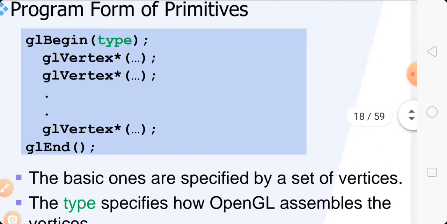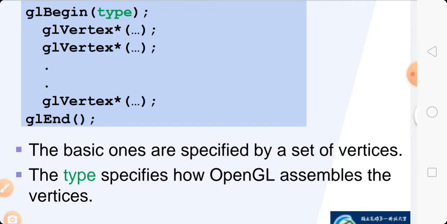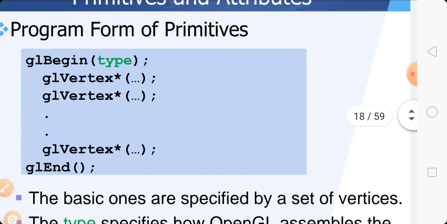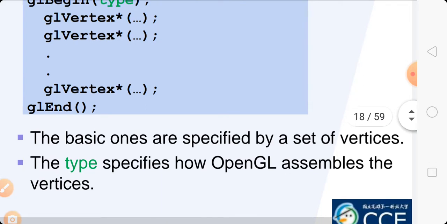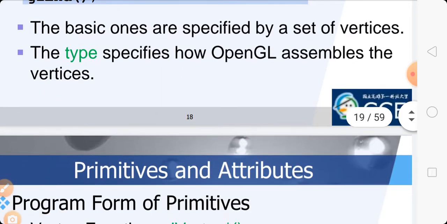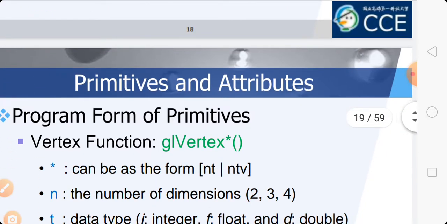The type specifies how OpenGL assembles the vertices, मीन्स OpenGL कैसे उनको ग्रुप करेगा वो वर्टाइसेस को, तो ये टाइप हमें बताएगा। OpenGL GL बिगिन टाइप में जो टाइप है ये बताएगा कि किस टाइप से वो ऑल वर्टाइसेस को ग्रुप करेगा। उसके बाद प्रोग्राम फॉर्म ऑफ प्रिमिटिव्स,